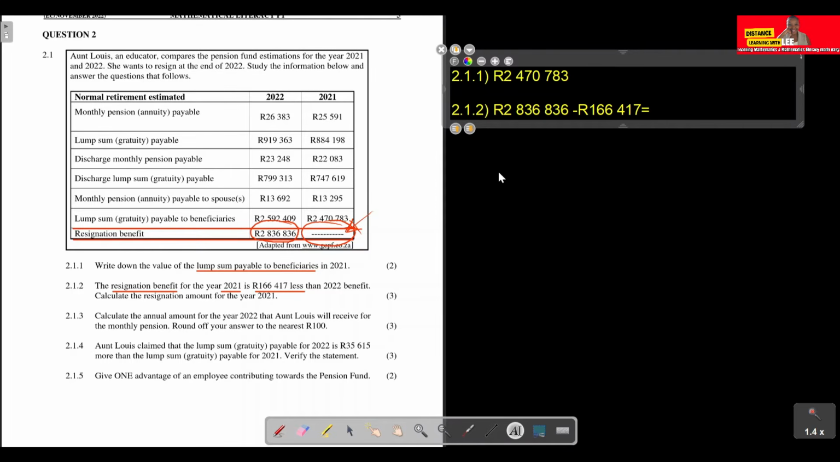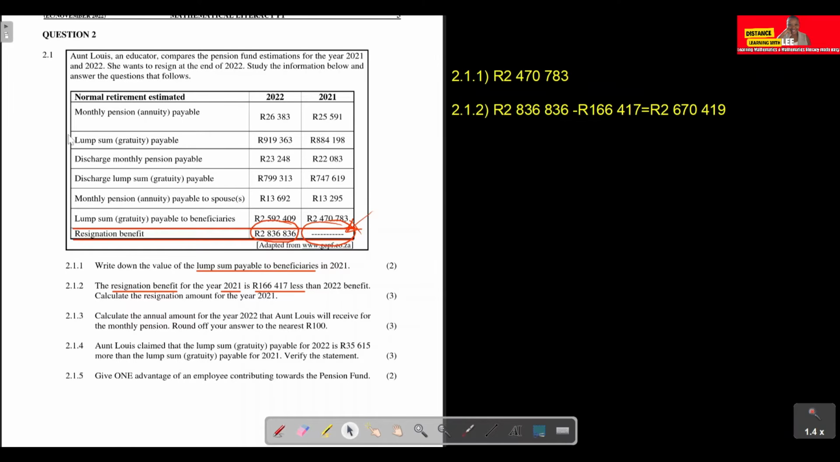Okay, so if you punch that into your calculator, you'll find that the resignation amount is 2,670,419. Okay, let us have a look at question